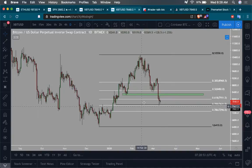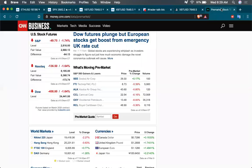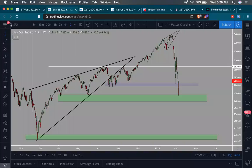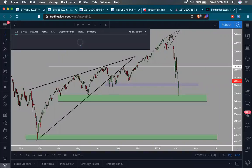So don't expect a short squeeze or pop up anytime soon, unless you start seeing some relief in the stock markets, unless you start seeing the stock market show some health, and then also the coronavirus spread subside, or maybe a cure or something. I mean, something's got to give, right? It seems like the economy and the people are pretty much getting hit in all directions, and especially oil recently, when it just started to plunge, right,